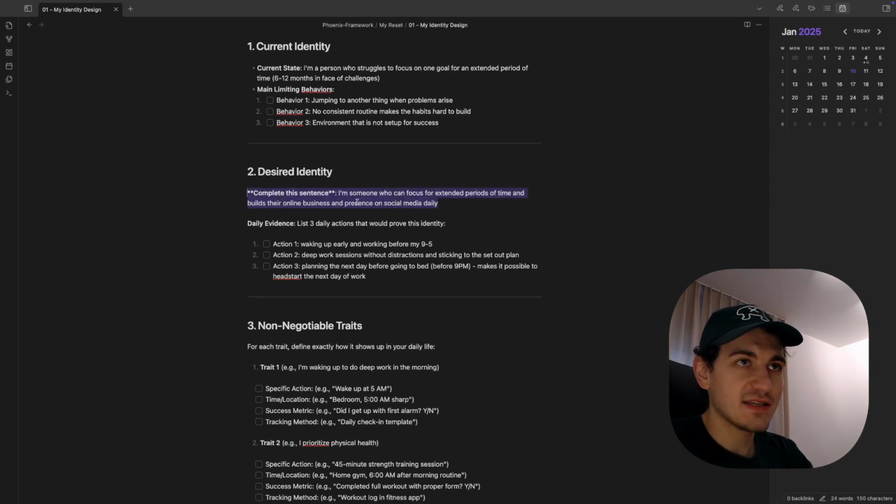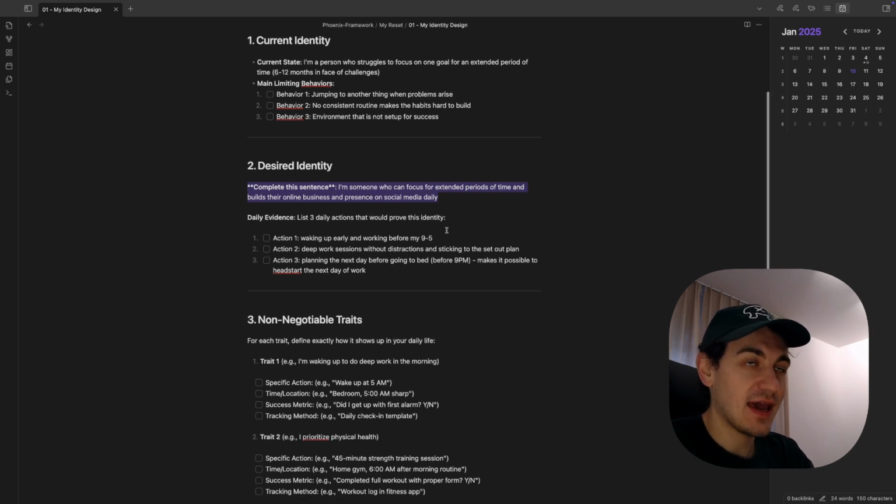So my sentence is, I'm someone who can focus for extended periods of time and build their online business and presence on social media daily. And to achieve this, I need these 3 daily actions. Action 1, waking up early and working before my 9 to 5, because I found it to be the only time during the day that I could focus consistently.